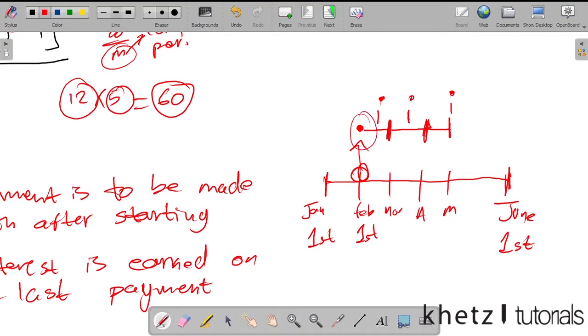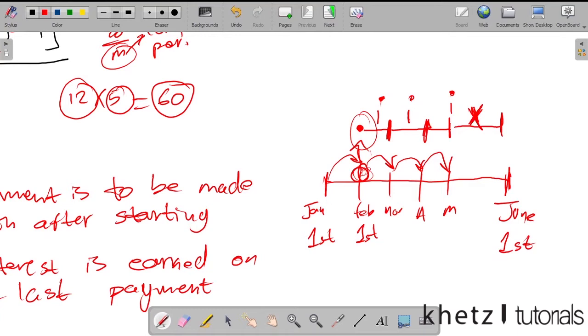So you paid here, at the end of this, or the start of this month, or a month from that time. You made a payment over there, and you made a payment over there, and you're supposed to make a payment over there. So it's 4 payments, but here you don't have any